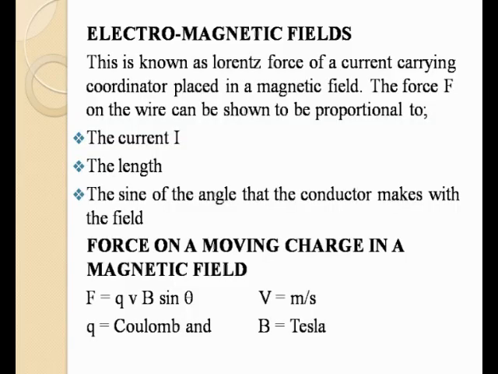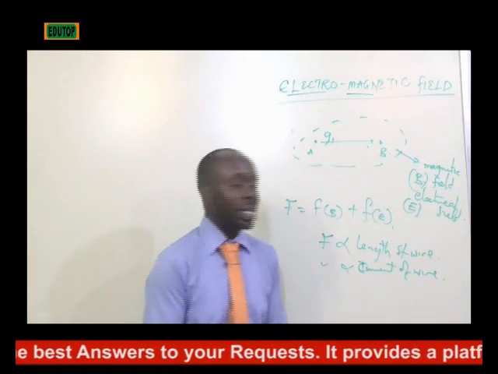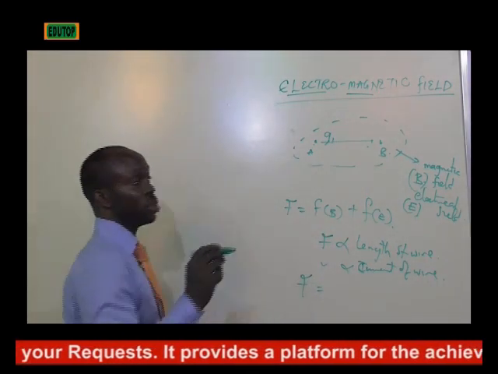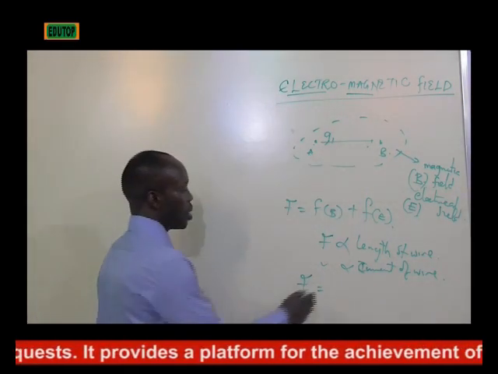Now the third point is the sine of the angle that the conductor makes with the field. Hope you are getting it now. So from there, we'll be able to obtain another formula which combines both your electric field and your magnetic field. So from here you have your FB